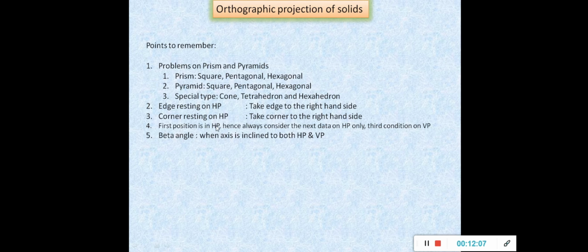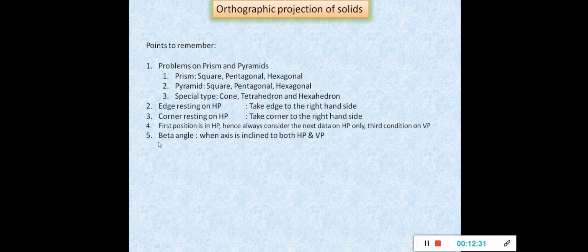When I take the first position with respect to HP, the second position should always be with respect to HP only. Whatever inclination they give with respect to HP, you have to take the same inclination. Sometimes they may confuse you by giving the VP as the second condition, but you need to divide the problem into 3 different conditions: first HP, second inclination with respect to HP, and third inclination with respect to VP.